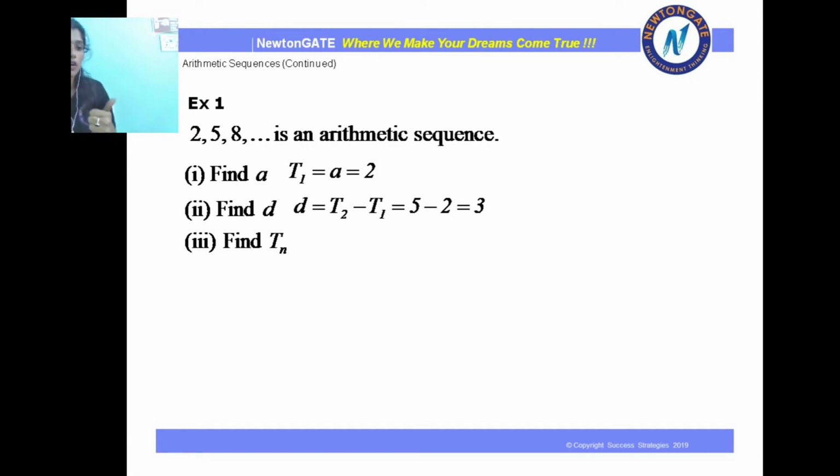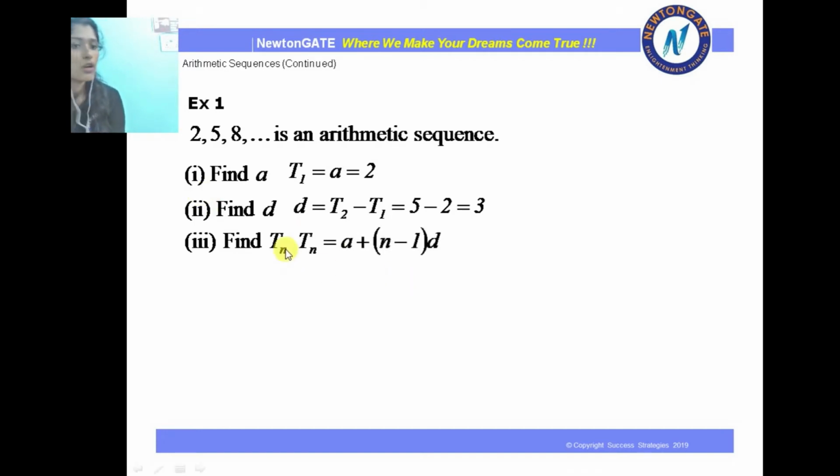First thing first, 3 important things you have to remember: the A, the D and the N. Somehow you have to bring them from somewhere. In the question, you have to bring this A, N and D from somewhere. And somehow it will be given in the question as well. Okay. Now let us find Tn, that is the nth term. We now know that this is A, this is D. So the nth term, how will it look?